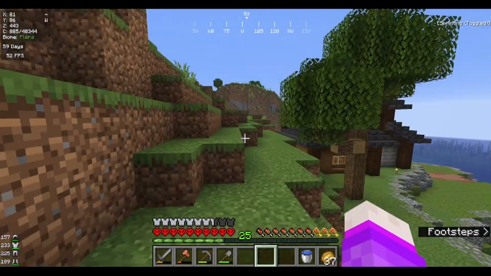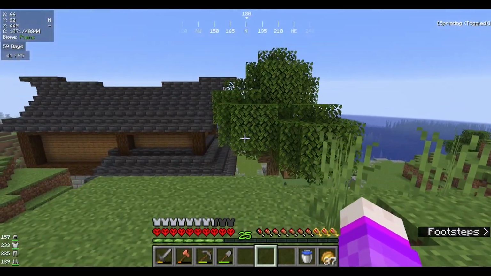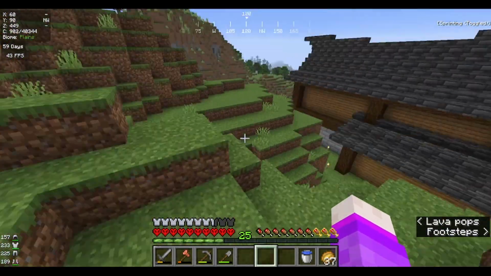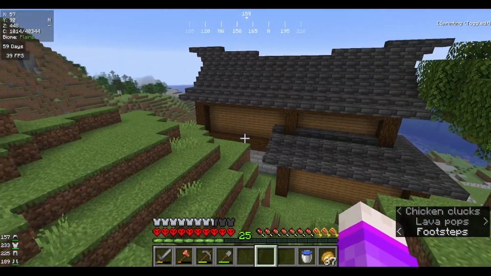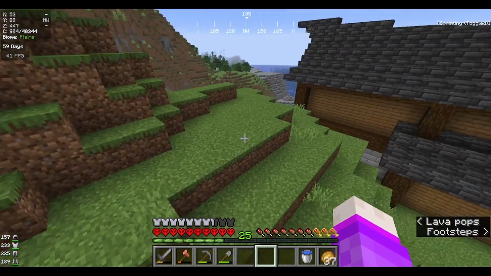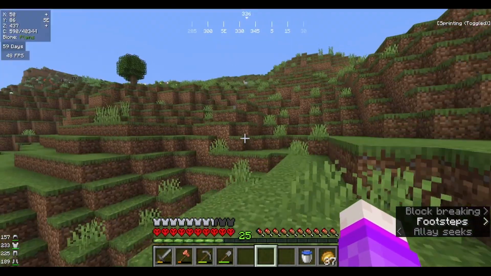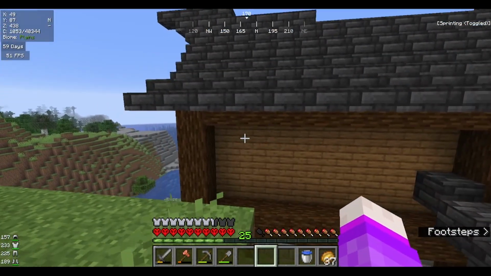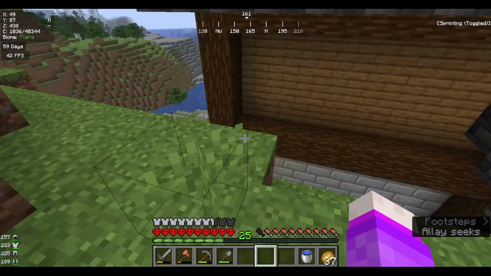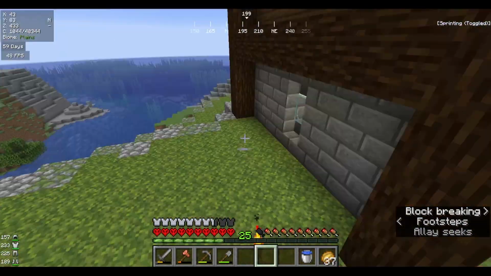Does it have bad angles? I need to properly look at all the angles. I think it's fine. I mean, this angle on my house isn't the best, but a cliff face will kind of be here, so you won't see it. There's no point having windows on a house that's facing a cliff. Anyway,